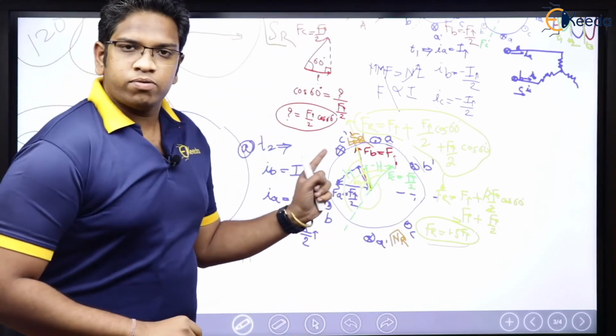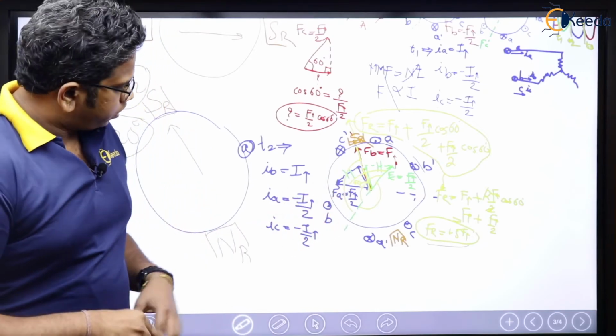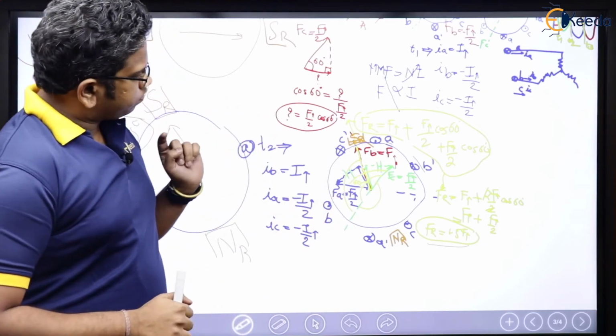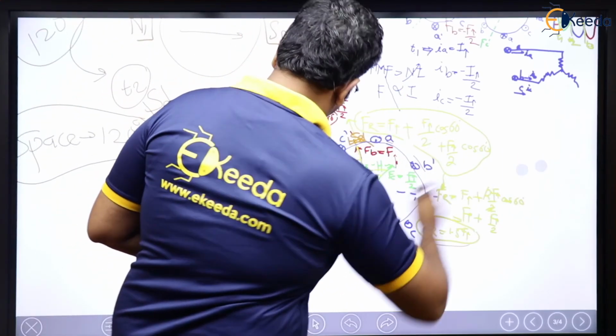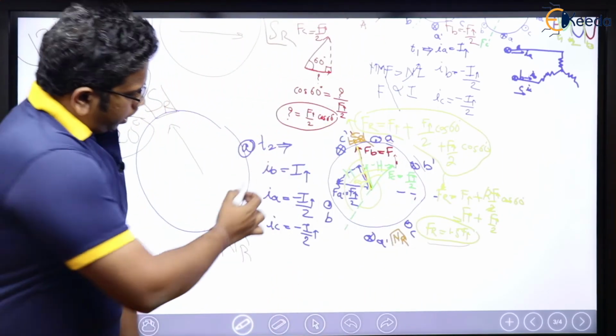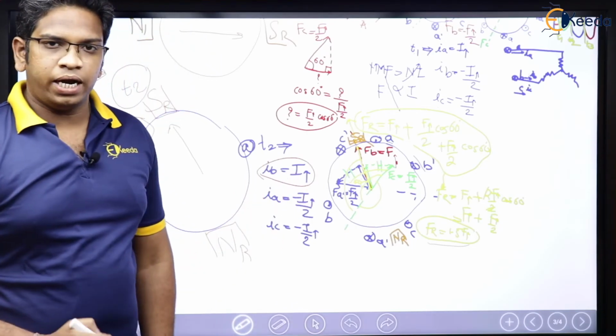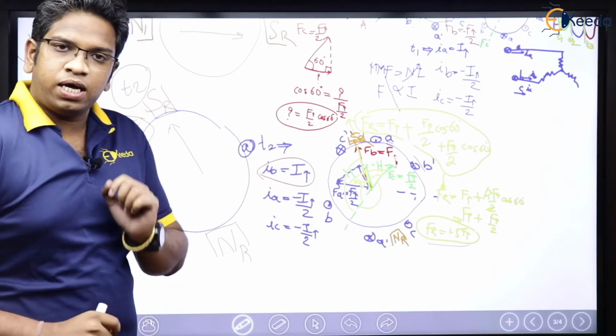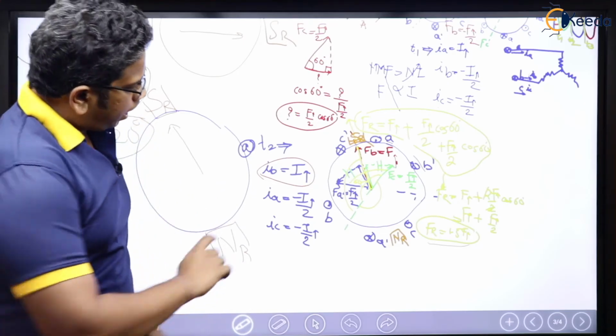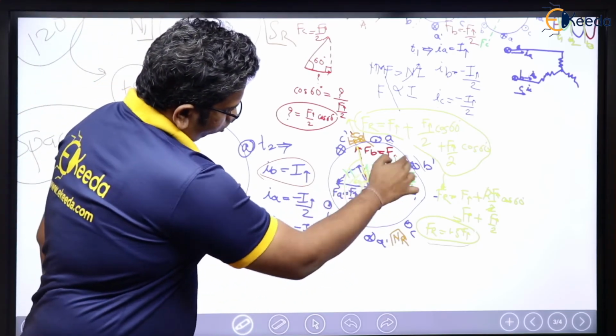Again, in case of T2, if you observe the same, at T2, what was maximum? At T2, where has it gone? Yes. At T2, if you see, IB was maximum, right? Now, the moment IB was maximum, we know what the axis of MMF of IB is. IB, this was IB, this is cross, this is dot.